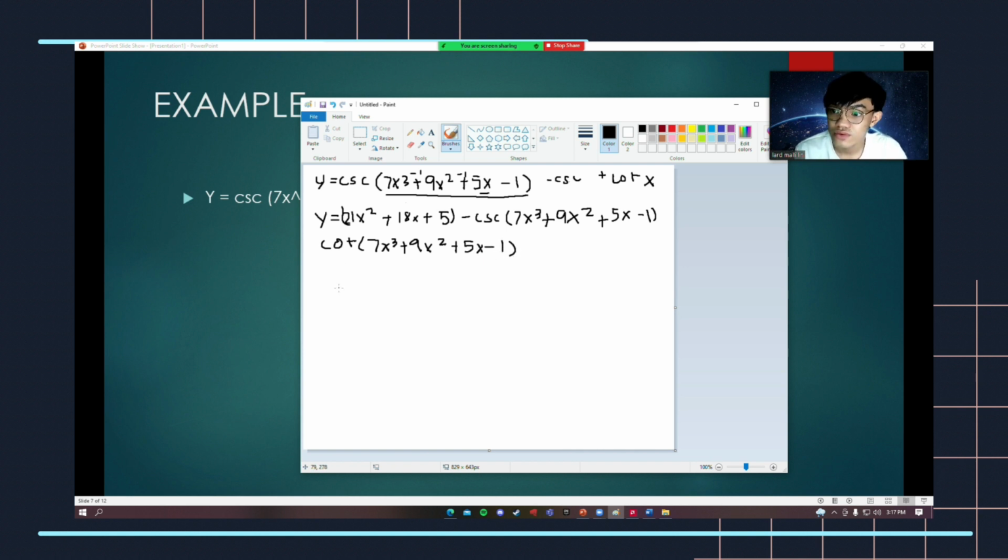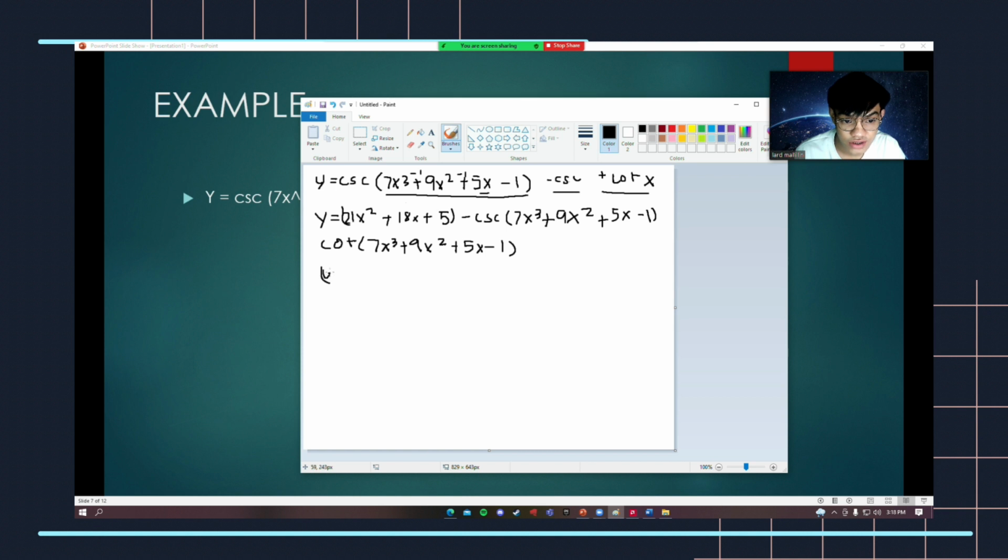We all know the derivative of cosecant is negative cosecant times cotangent, so since we have a negative in this quantity, the final answer is